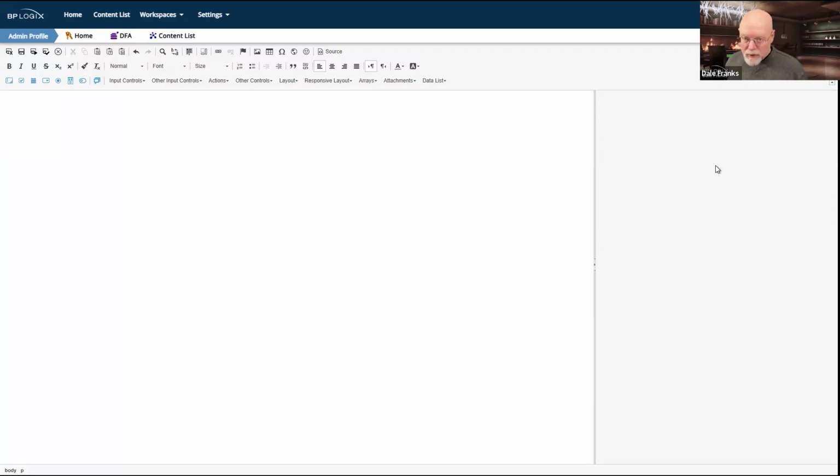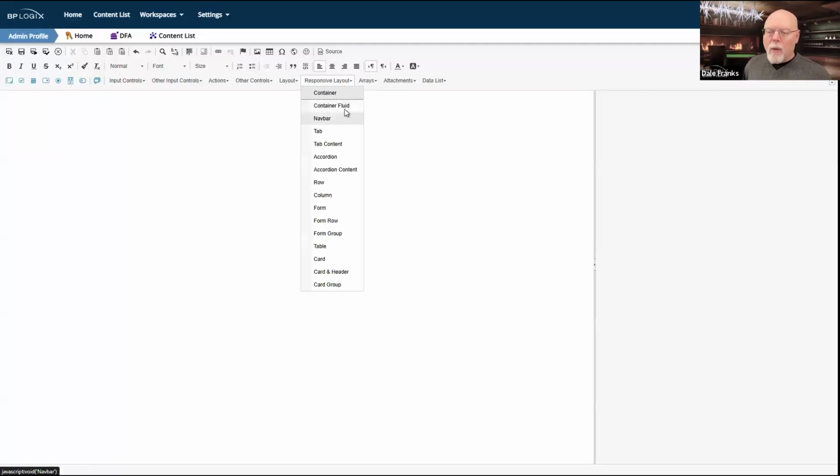Second thing to keep in mind, you have to first place a container, which is the outer Bootstrap container control, onto the page, or none of this works and everything goes higgledy-piggledy. So you have to have a container first, and we'll go ahead and stick that container onto the form. We have a couple of types of containers built in here. There are actually 3 in Bootstrap. We support 2. There's the container and the container fluid.